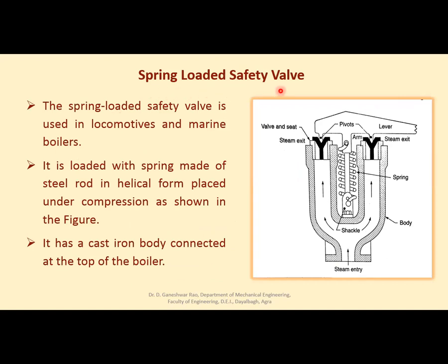Next one is the spring-loaded safety valve. As already discussed, this type of safety valve is used for locomotives and marine boilers. It is loaded with a spring made of steel rod. See, here it is the section of the spring shown in the diagram. It is in helical form, placed under compression. Now, here in this case, there are two valves and two valve seats. This is the lever, similar to the lever safety valve. And under the compression, these valves are closed initially so far as the pressure inside the boiler is below the